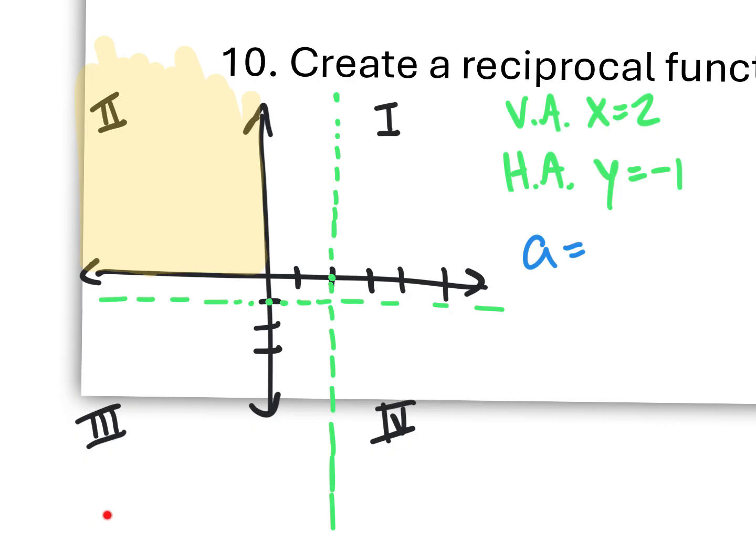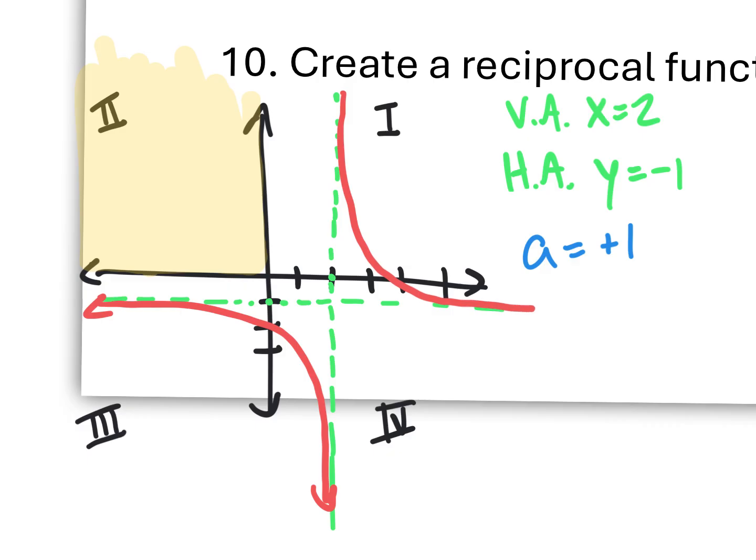So from left to right, if the a value is positive, it's going to be down here and up there from your asymptotes. So you want your a value to be positive, and you could just say +1, right? And that would produce this graph right here. And that for sure will never touch